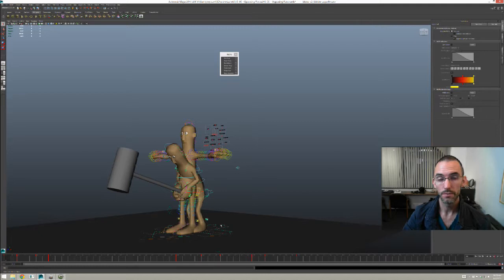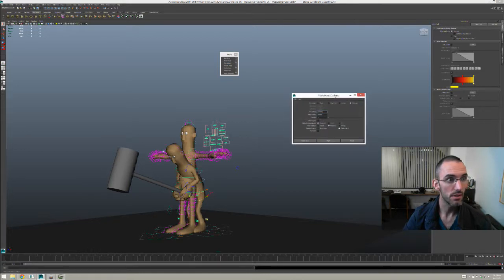I should mention though that in order for this to work right, normally ever, you should select your character, and on frame 1, he should have a keyframe on every single one of his controls. That's just good practice. Okay, keyframe on every single control on frame 1, or frame 101 if you're working on film. Anyway, so we go to frame 1 again, and we go keys, paste keys.